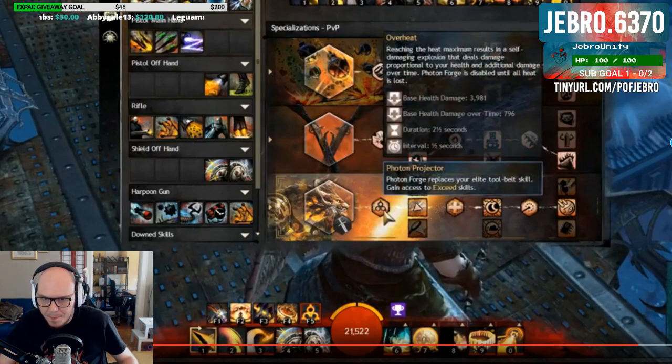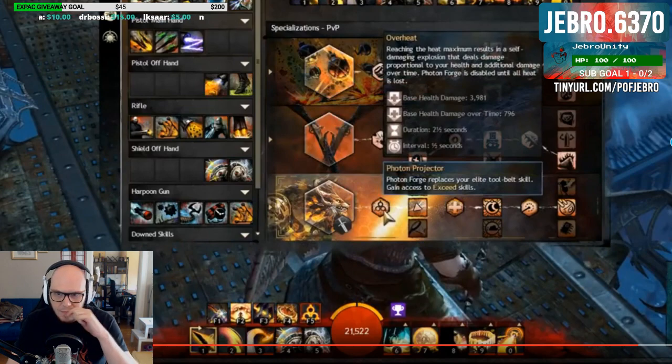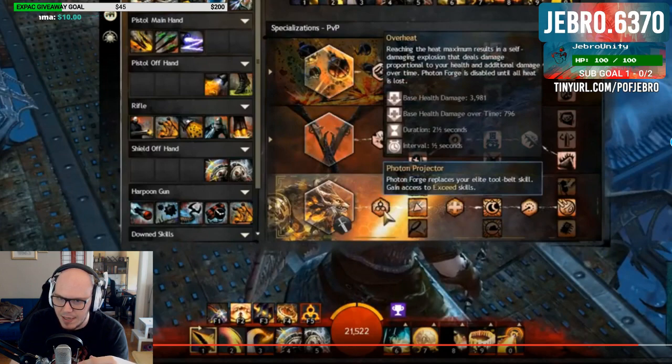So, Overheat. Reaching the heat maximum results in a self-damaging explosion that deals damage proportional to your health and additional damage over time. So it's a DoT. Photon Forge is disabled until all heat is lost. Wow, okay. So when you hit that point in time where you overheat, base health damage is 4k. This is percentage based, isn't it? It said a self-damaging explosion that deals damage proportional to your health. So this is proportional to